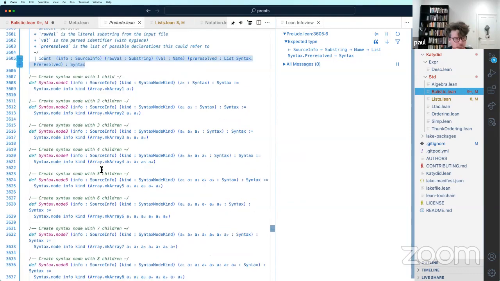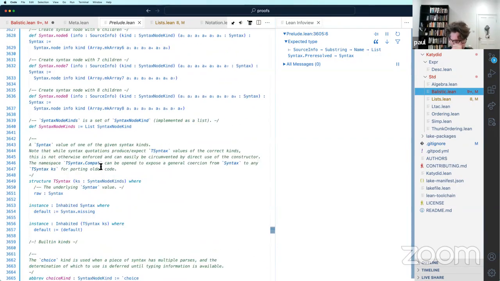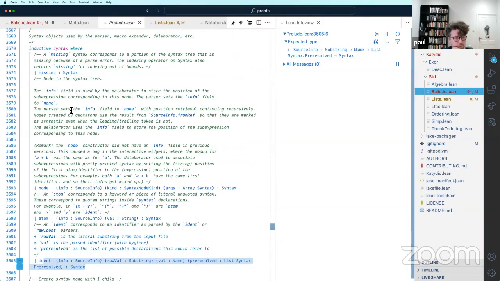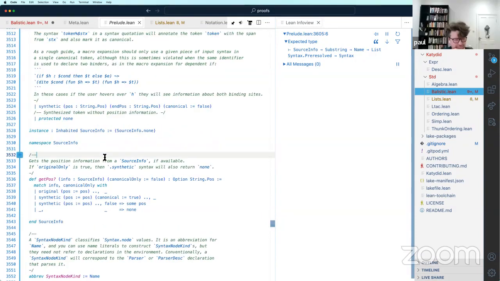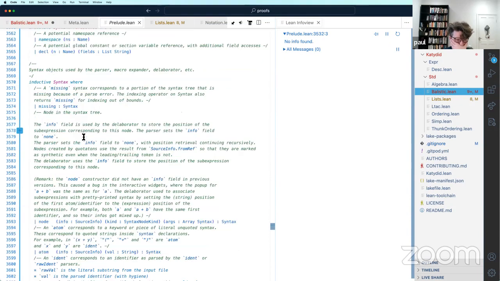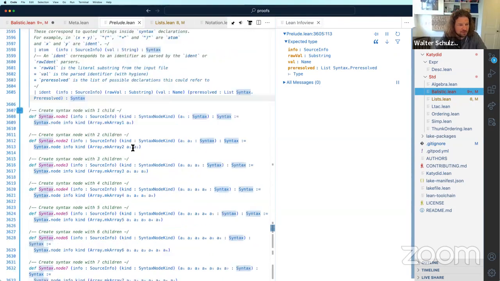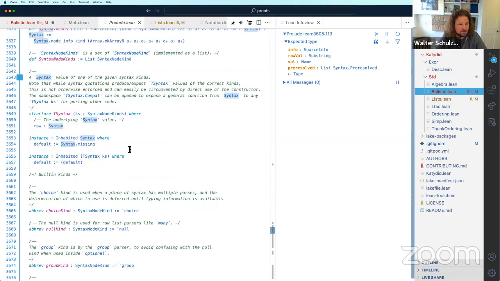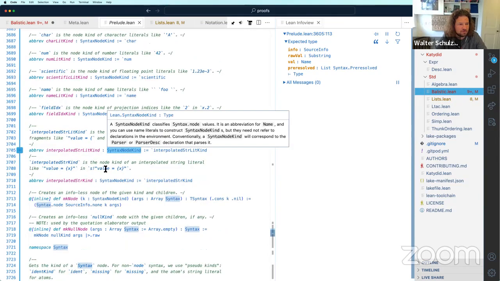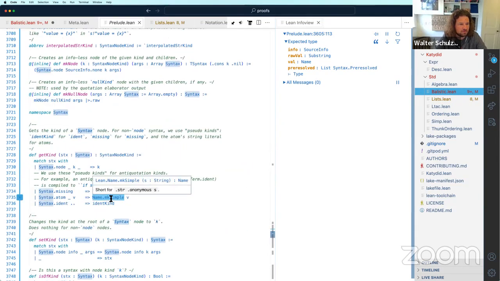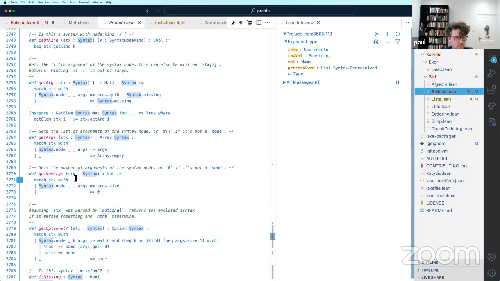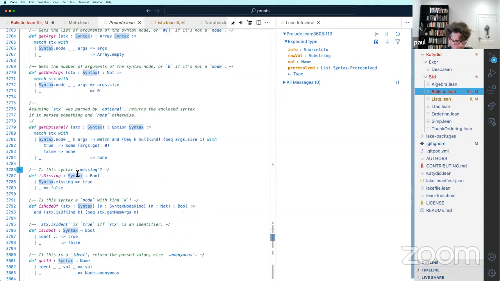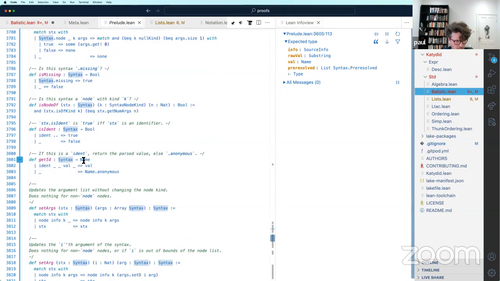Yeah. So you pattern match on it then, unless it's got a projection function. There has to be a toString or something. Is there a derive? No. There's get kind, get arg, get args, get ID.